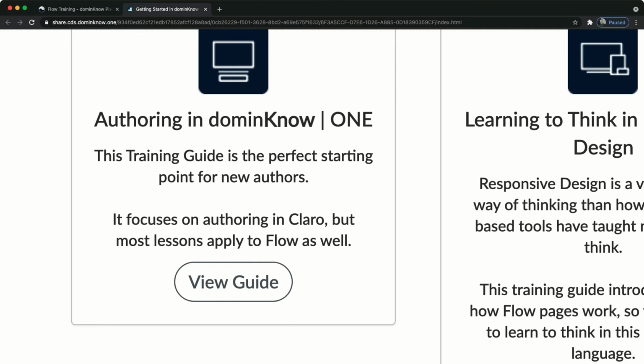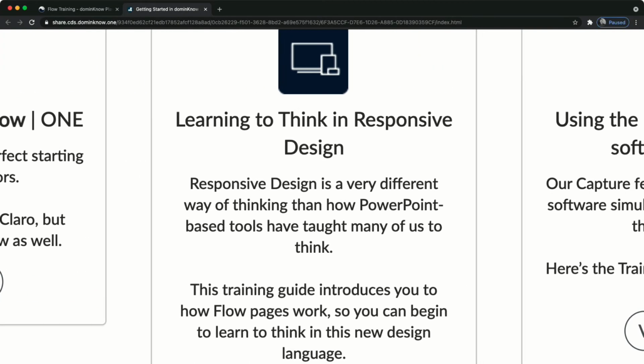Once you're done with that, then you'll move over to learning to think in responsive design. And this is a shorter training guide, but this is very comprehensive in helping you better understand what it means to think in responsive design and to start to shift that design mentality from creating very fixed pixel based PowerPoint style e-learning projects and rethinking to how the internet works and how web pages work and how they flow, hence the name Flow,